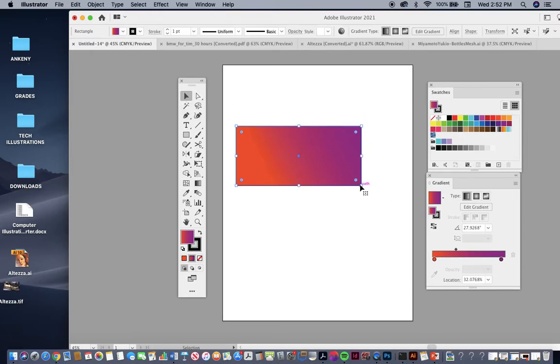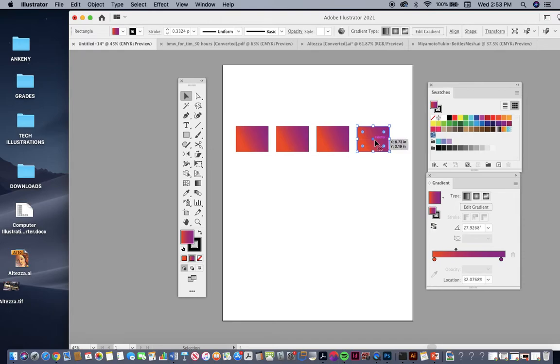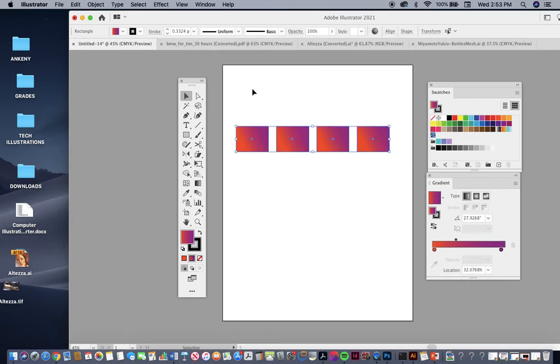Now I'm going to reduce this. And I'm going to make a couple copies of this gradient. So I'm just going to Option drag it. Now I have four shapes with the gradient on each shape. What I would like to do is spread that gradient all the way through these four shapes. So I'm in my selection tool. I'm going to hit Command A, select all. Then I'm going to hit G, puts me in the gradient tool. And I'm just going to drag all the way through. And I've now applied that gradient